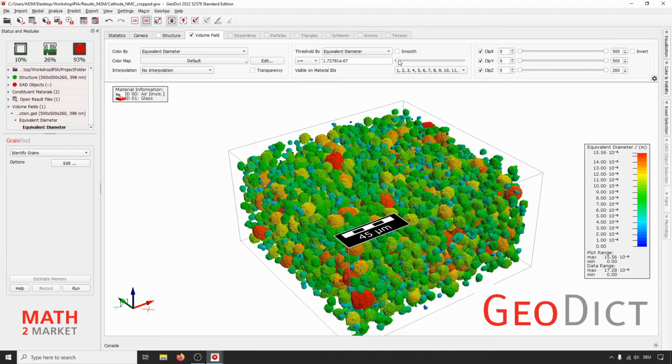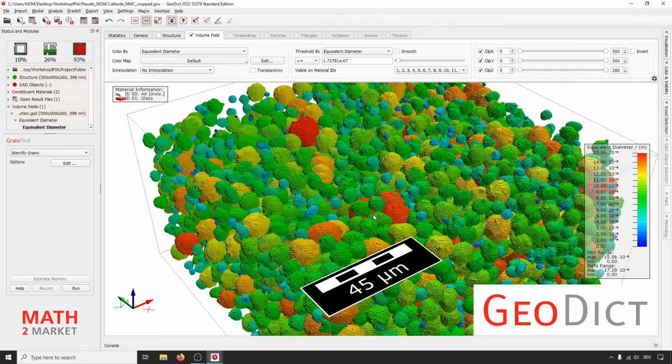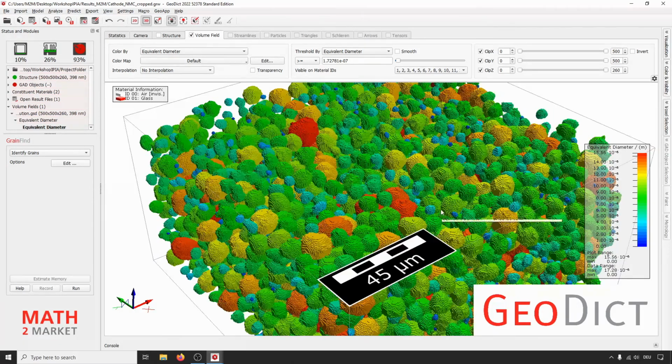So click on that and pull it up a bit, and now you see only the really analyzed grains. And if you hold the mouse over one of the grains, you can also directly see the equivalent diameter. Like for example, here we see a diameter of around 16 microns, and here for the lighter blue ones around 4 microns.